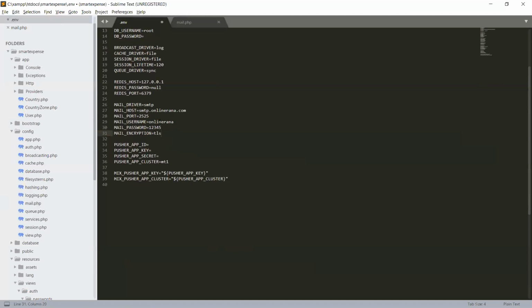For testing purposes, we are not going to use the SMTP setting of an actual host server. We will use Mailtrap, because for testing purposes we always use Mailtrap. So how can we use Mailtrap?